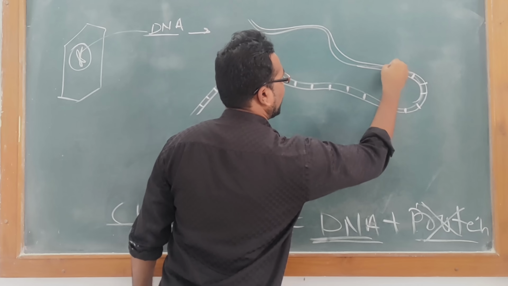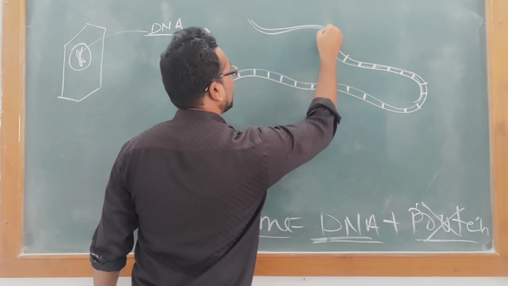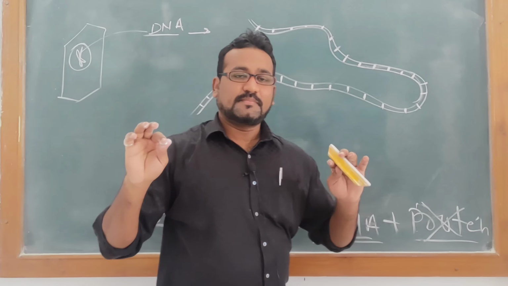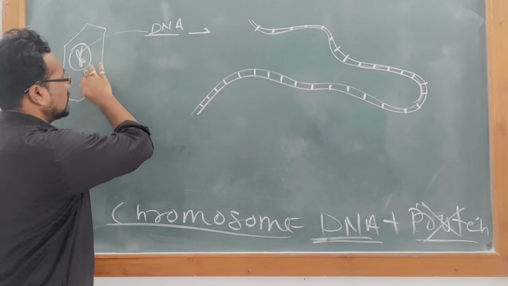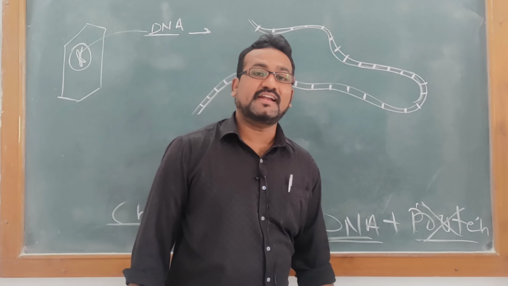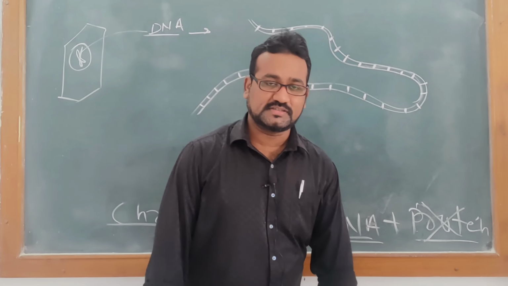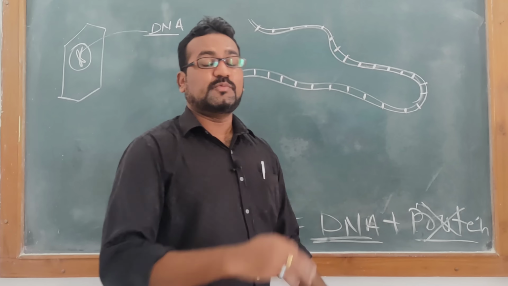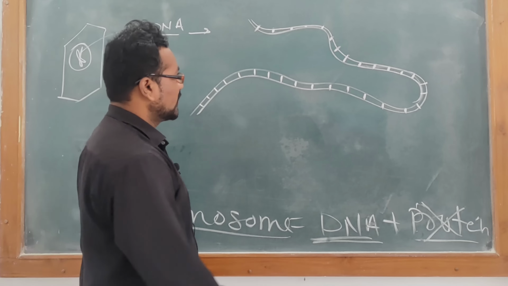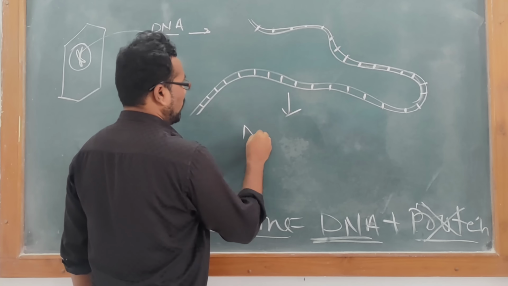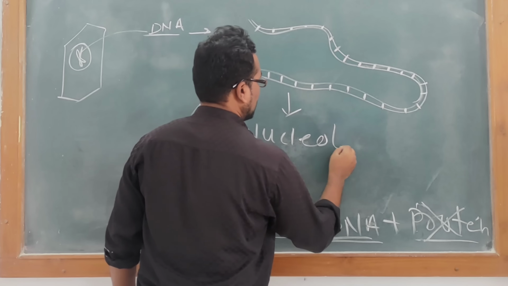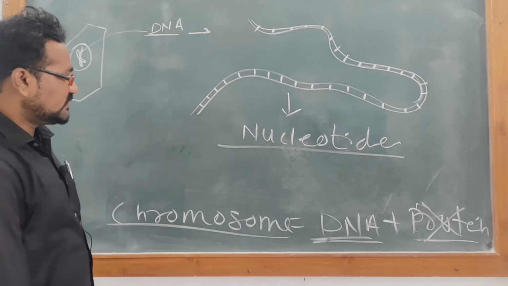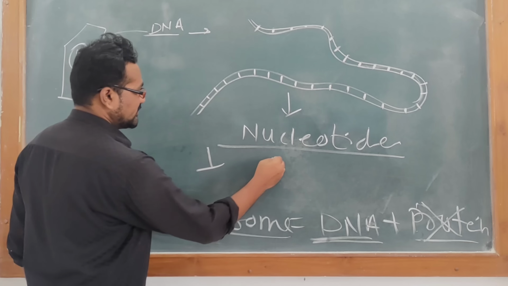I will explain what I actually want to say here. The DNA is present in the nucleus, in the chromosome. If you take that DNA out, you will find that DNA is made up of some components. This DNA is very big, but if you look at the components which are responsible for the synthesis of DNA, you will find these components are known as nucleotides. Meaning what? You have 4 different types of nucleotides.